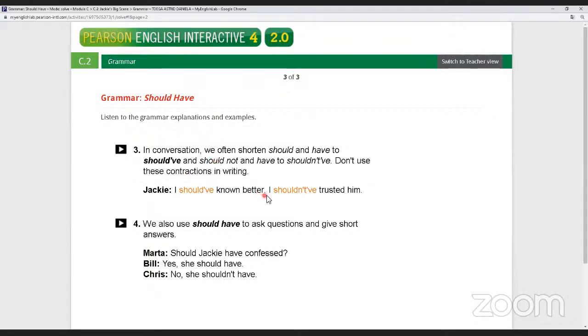So we're going to listen to the audio again, so pay attention to this part. I don't know if the volume is okay. It's difficult. In my opinion, I didn't hear this before with my students because it's a little bit difficult. You can do it for sure, but it's more common to use "should have", right?